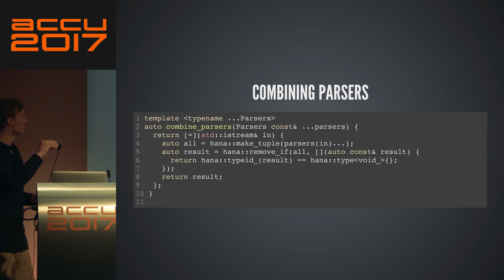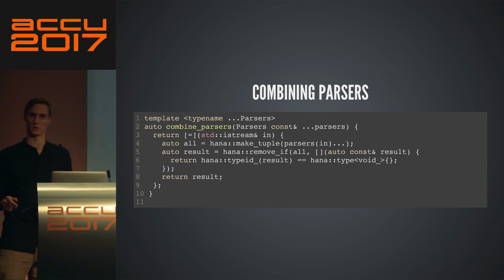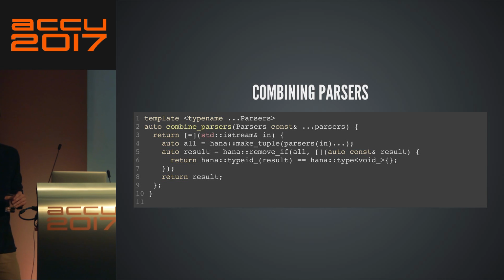And then what I do is I just put my parsers in an actual container that I can manipulate with Hana algorithms, because I can't do that easily with parameter packs. So I put that in a tuple, and then I say remove all. So I call each parser on the input stream, and I call all the parsers on the input stream, and this gives me back all the results.